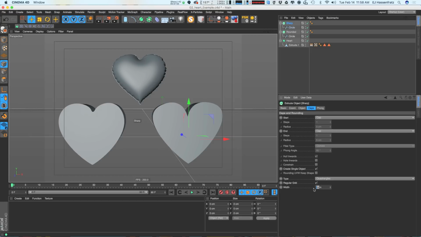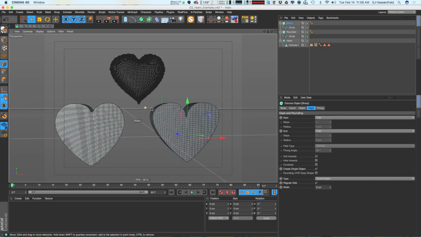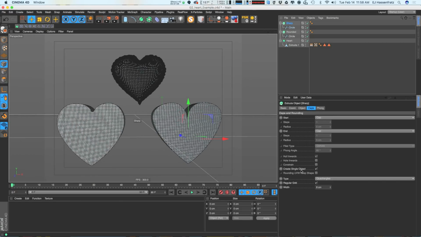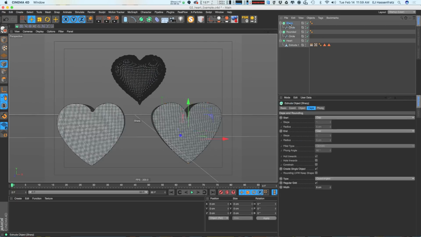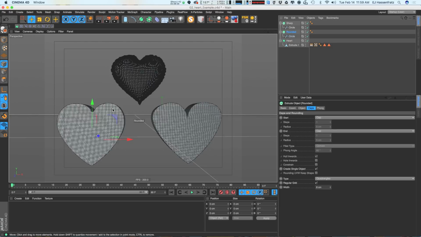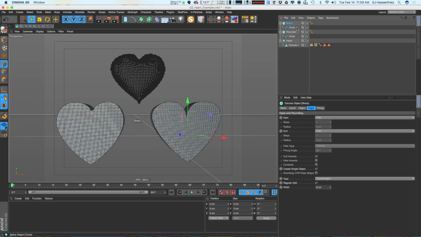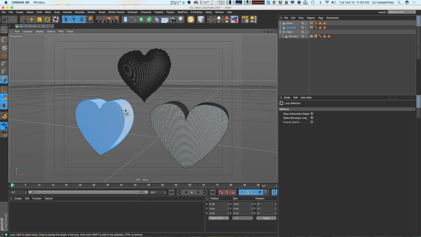So what I'm going to do, I already have these objects set up for this workflow, being that we have the grid, quadrangles, we have everything split up as it should be. We have create single object, and then we also have the subdivided one here, and that's actually not matching, so let me match that really quick. So 8, and then there's 8 there, and 8 there. Cool, so both of our extrudes are good. I'm just going to make both of these editable, and I'm going to do a loop selection,